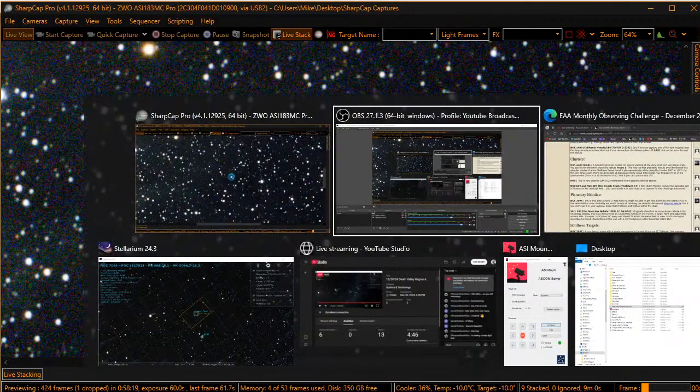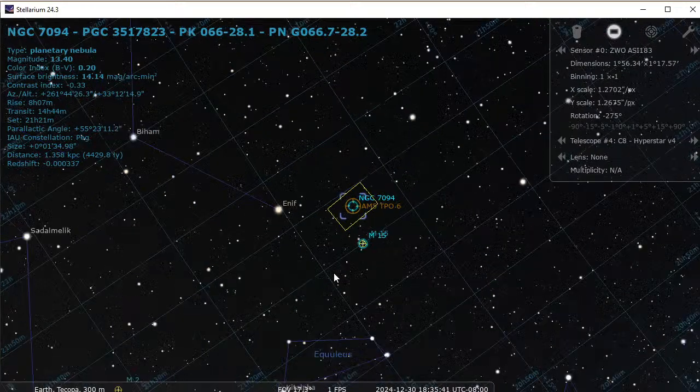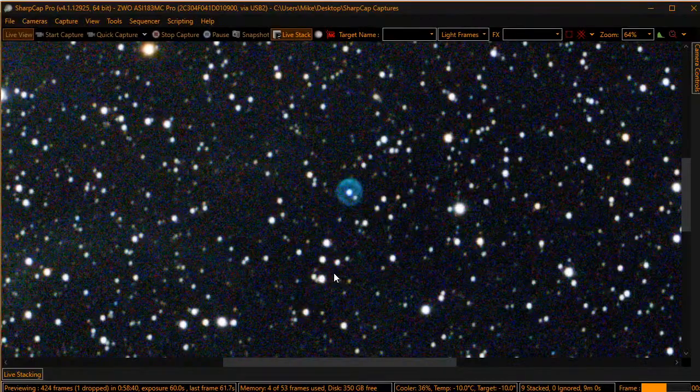Oops, sorry. SH2200, I don't think so, no. This is NGC 7094. Planetary nebula right next to M15 in Pegasus. So, getting a little low in the sky for us, but